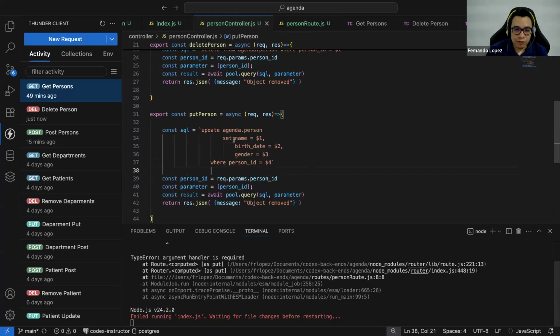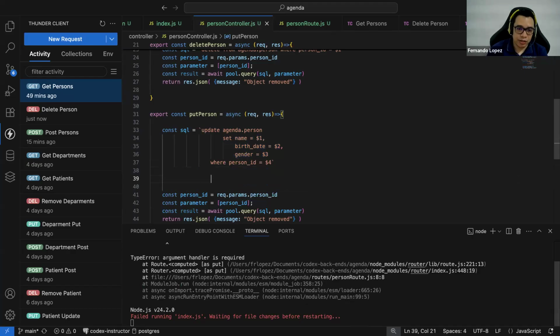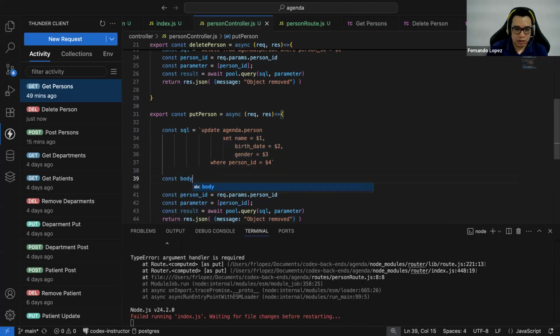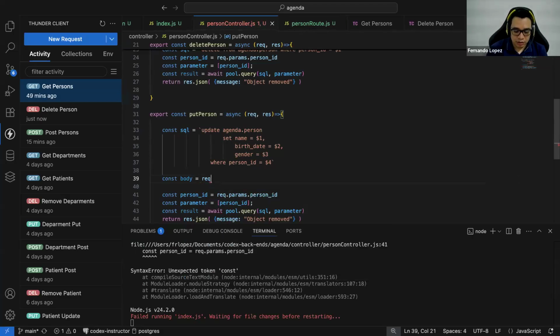Okay, now this information needs to be passed in the JSON object inside of the body. So we are going to grab a new object here that will be called the body. This is going to be equal to request.body.